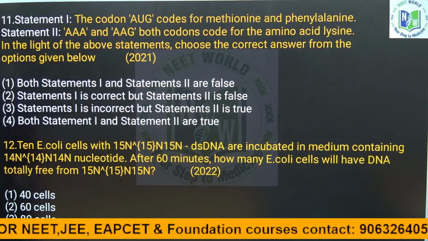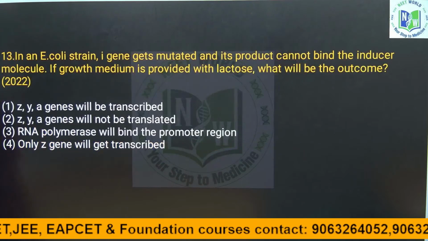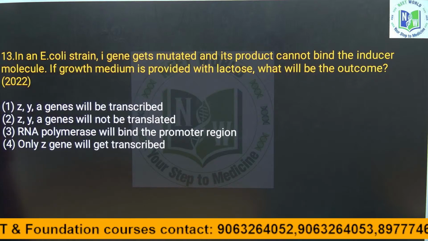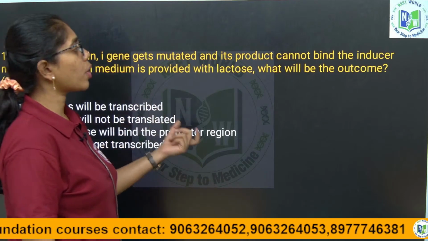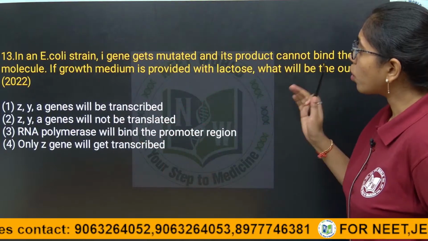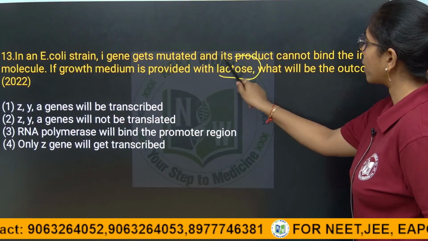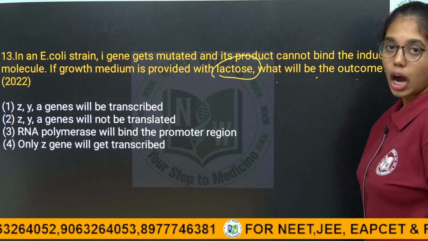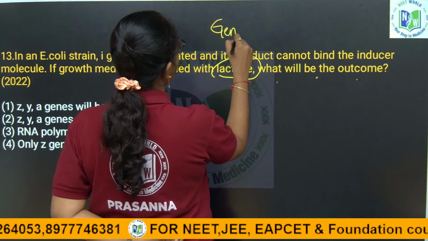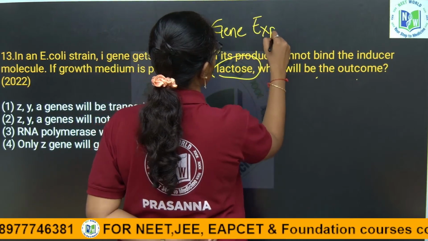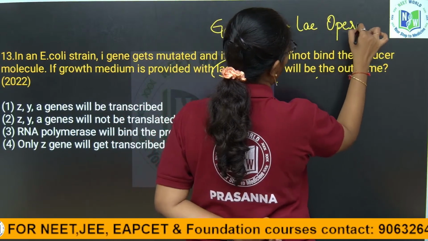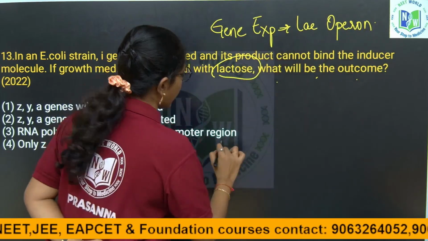Next question, if you look into it: in an E. coli strain, the I gene gets mutated, and its product cannot bind the inducer molecule. If the growth medium is provided with lactose, what will be the outcome? So, the question is from gene expression, the Lac-Operon model. If you take a Lac-Operon